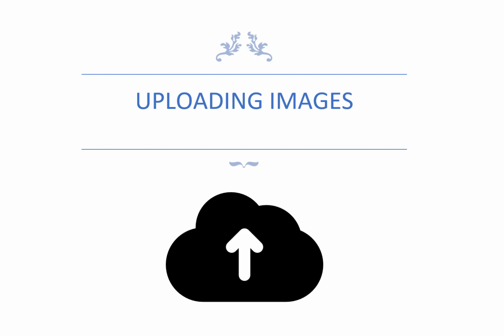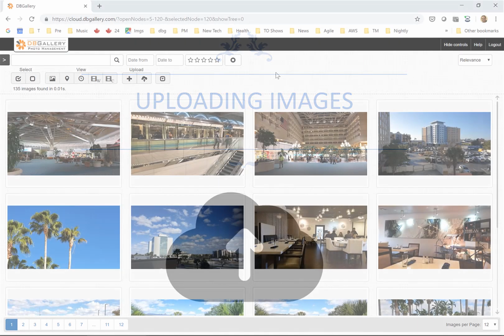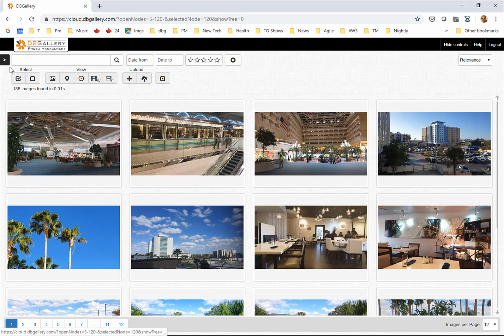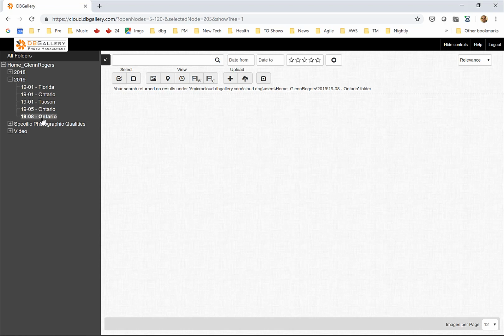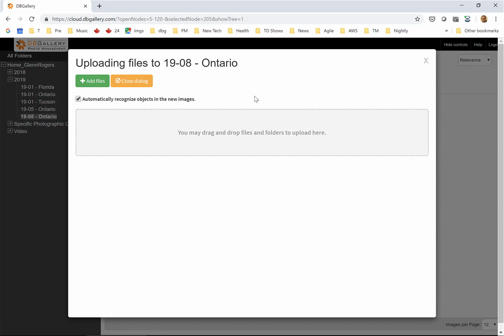Uploading to DBGallery is quite simple and has some very interesting features. You start off by choosing a specific folder that you want to upload the images to. In this case, I would choose an empty folder that I had recently created. I'm going to press the upload button, and from here I may drag and drop files directly onto this window